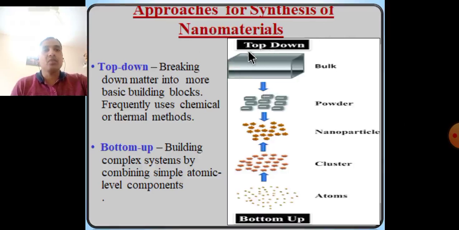Approaches for synthesis of nanomaterial. There are two approaches: first, top down, and second, bottom up approach. Breaking bulk material to nanoparticle, top down and bottom up approach. In the top down method, bulk material is broken down into more basic building blocks. This bulk material is broken down to form a powder or building blocks, frequently using a chemical or thermal method. These are the synthesis of nanoparticles by chemical or thermal method,